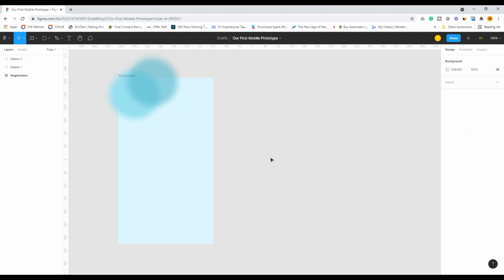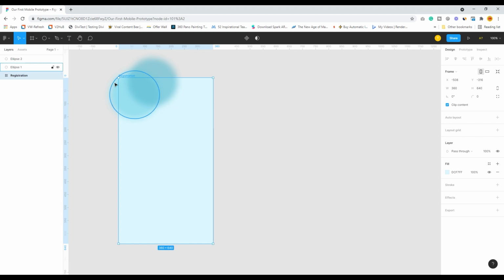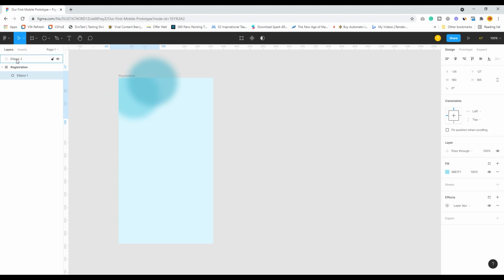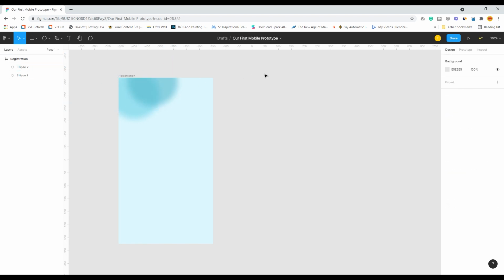Okay, great. So if you see, it automatically masks your area, so though you actually have this thing outside this frame, it will get cut. So I have to just take this thing and put it inside the registration. Lovely. See, automatically these things are overlapping each other and it is getting cut inside the frame. Lovely.